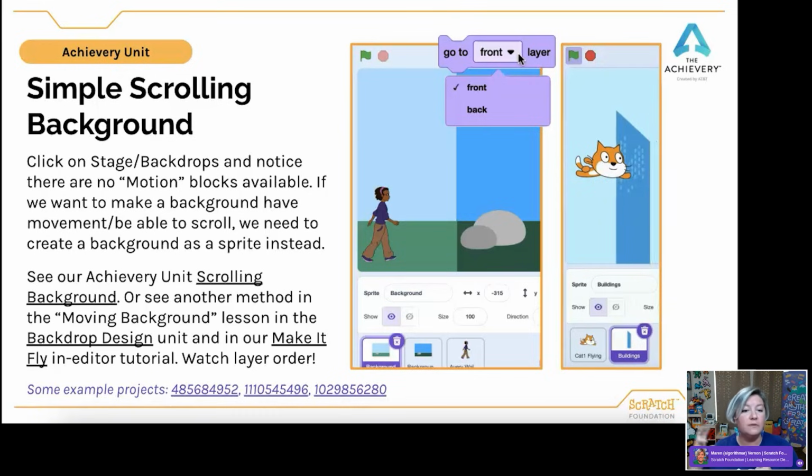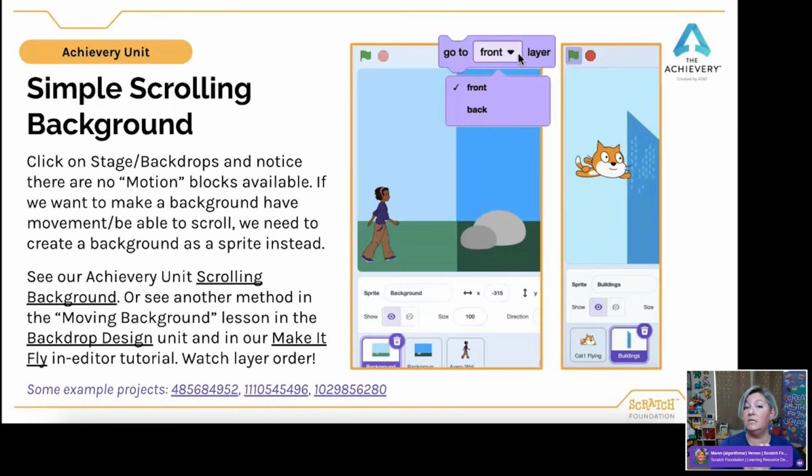I have a couple of different iterations of this that we will talk about here in order to create scrolling backdrops. One of those is a backdrop that is moving and scrolling by a sprite character.